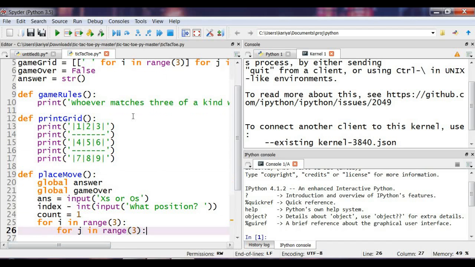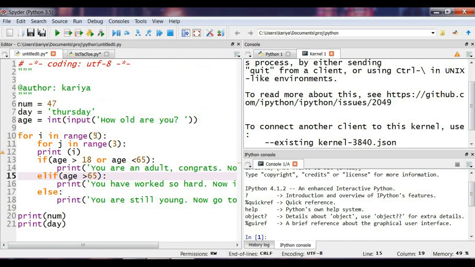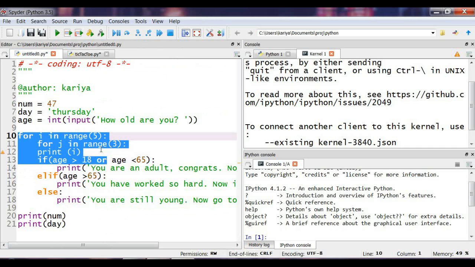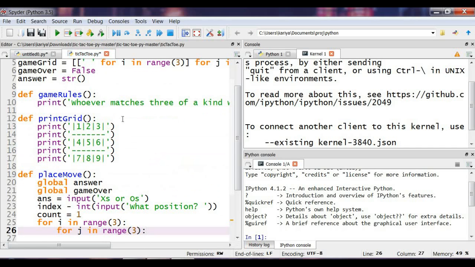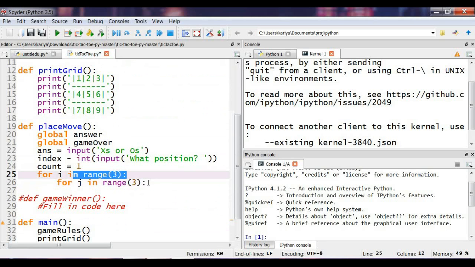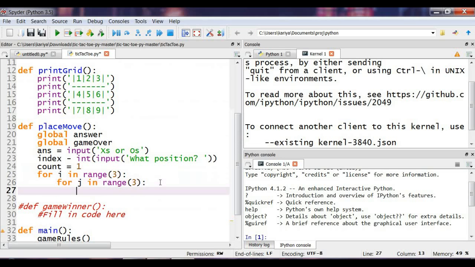Or at most, it's going to run 9 times because we don't want to keep checking for moves after we placed it into its position. So we're going to see that right now. So here's our first if statement. If count, which we defined already as 1, is equal to index, colon, which index is going to be the numerical value. The numerical value that we asked for what position it's going to be put into. If those numbers match,